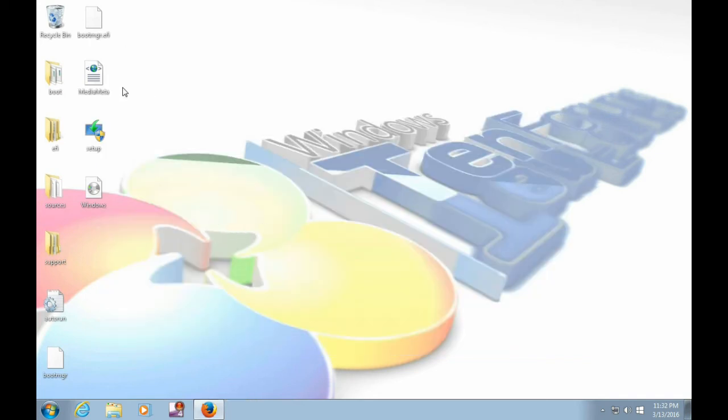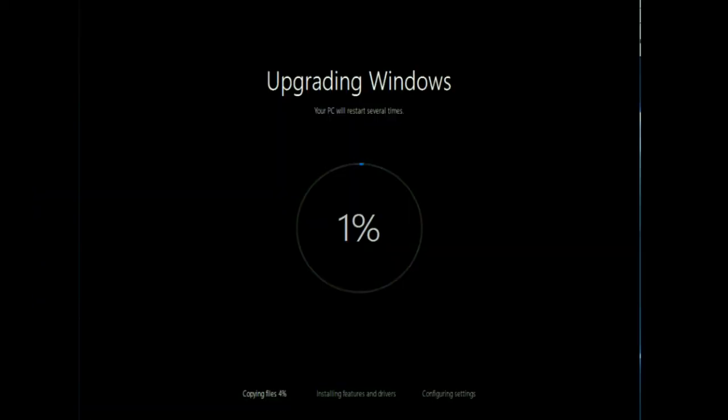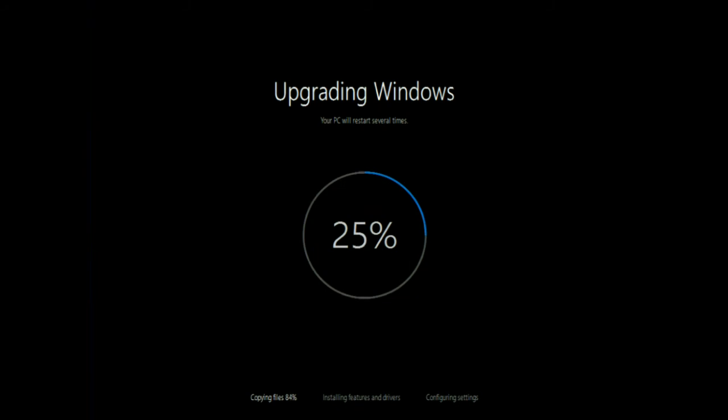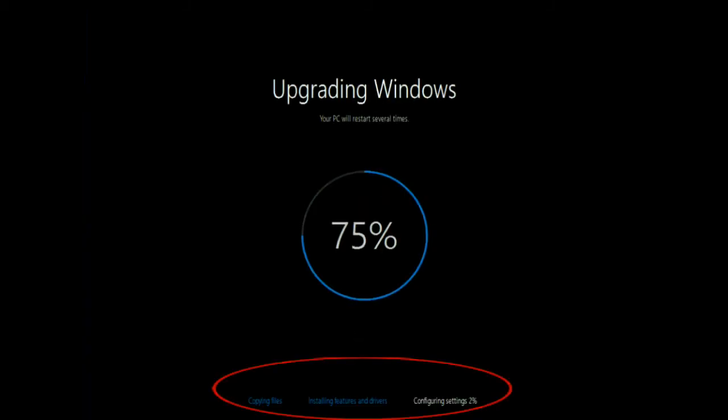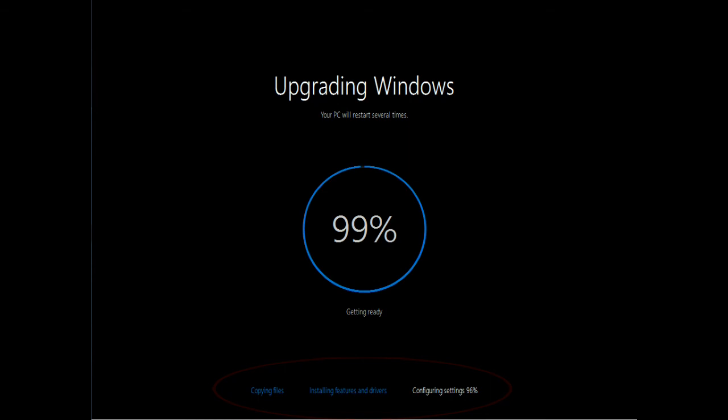The one called Setup is the one we're interested in. This is how we'll start the upgrade. Okay, we're ready. Double-click Setup to begin. The computer will now reboot and begin the upgrade process. There are basically 3 steps to the upgrade: copying files, installing features and drivers, and configuring settings, with a reboot